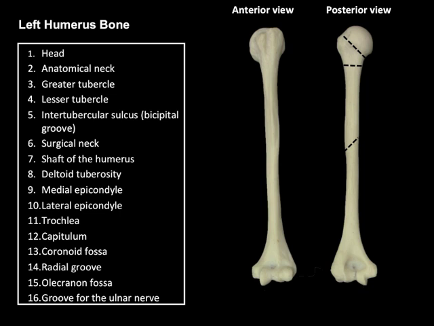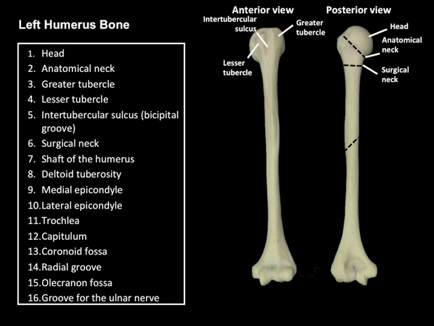We now look at the longest bone of the upper limb, the humerus. Both its anterior and posterior views are shown in the image. I will now identify the prominent features of this bone. The head, the anatomical neck, the greater tubercle, the lesser tubercle, the intertubercular sulcus, or the bicipital groove,